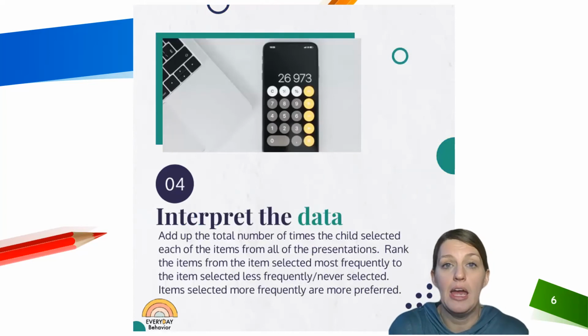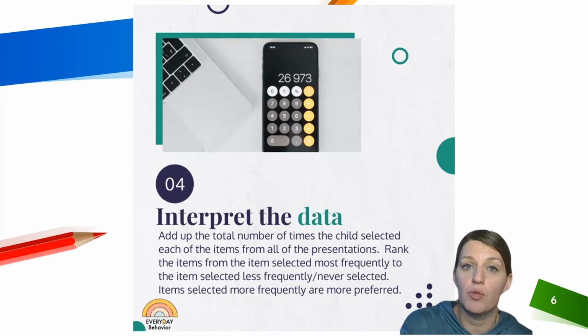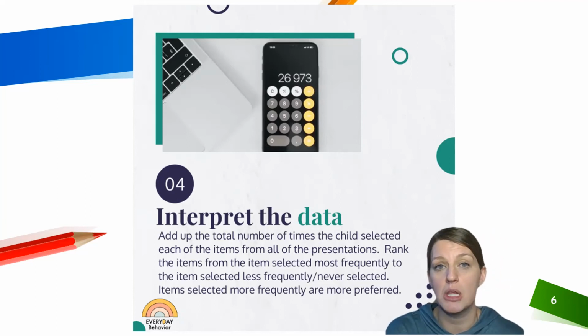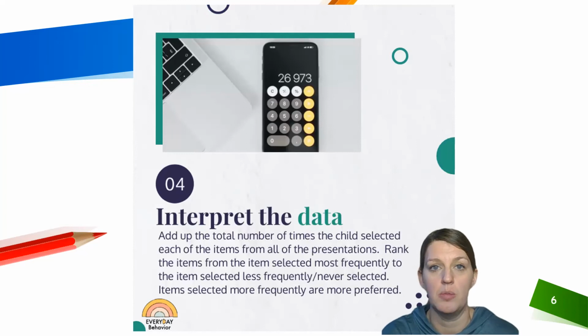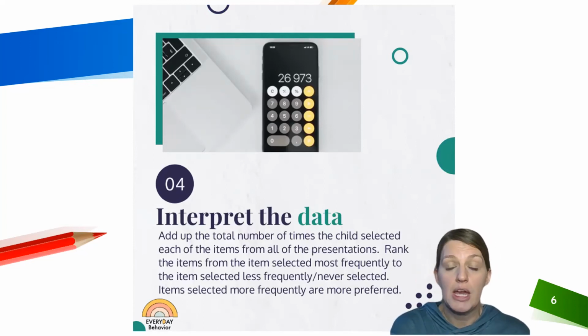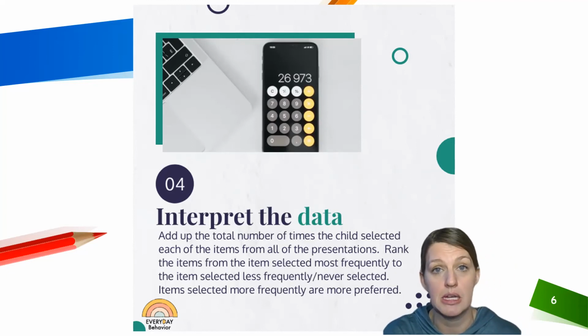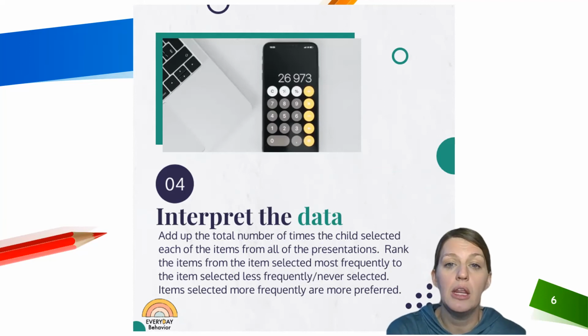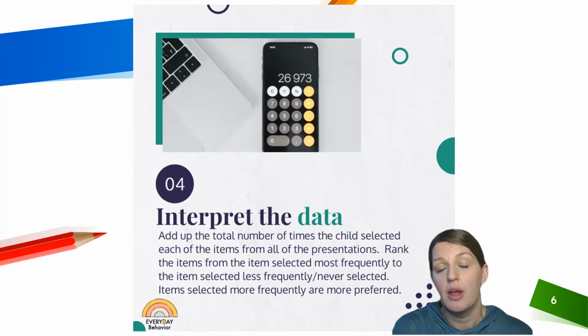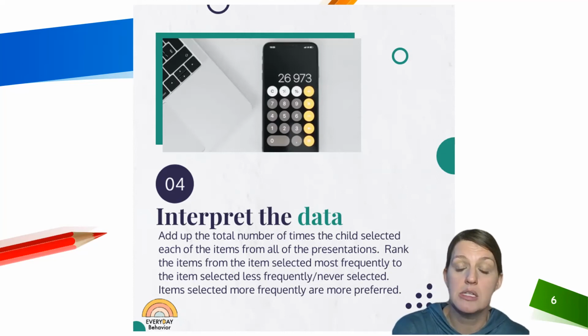Then you're going to go back and you're going to add up the total number of times the child selected each of the items. And this is why it's just easier when you're doing numbers. And so you're just going to record how many times did they select item number 1, how many times did they select item number 2, how many times did they select item number 3. And then you're going to rank your items from the item they selected most frequently to the item they selected least frequently. And the item that is selected most frequently is the most preferred, down to the last item, which